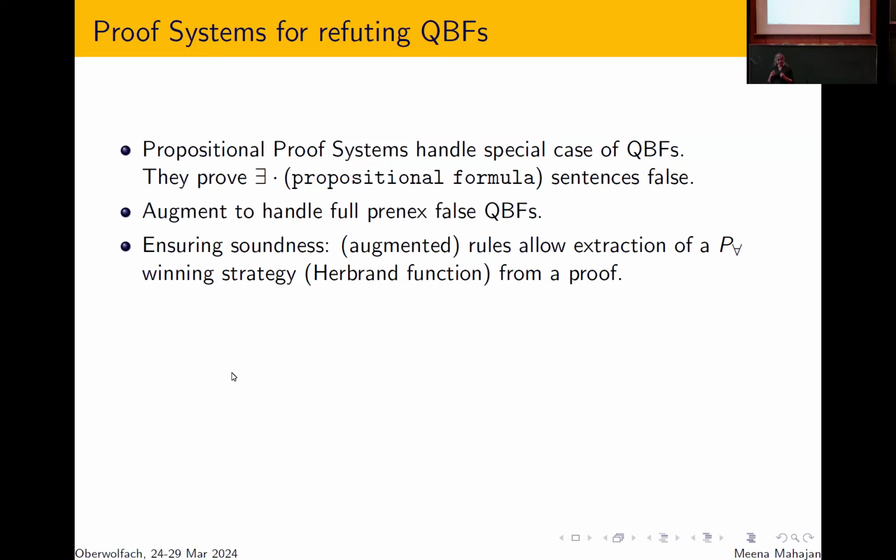So this would be one way in which you could ensure soundness, throw in rules which allow you to do this. But another way of viewing this would be to say that you throw in additional rules which have the property that they necessarily preserve the existence of a model, the existence of an existential player's winning strategy. So if at all there were a model, then as you add more and more clauses or more and more lines using the rules of your system, that same model should continue to be a model. And eventually you produce a line for which it's blatantly obvious that there is no model, for instance, the empty clause in resolution. So you could try to preserve the existence of a model and blatantly contradict it, or you could try to prove soundness in some other way by allowing the extraction of a counter model.